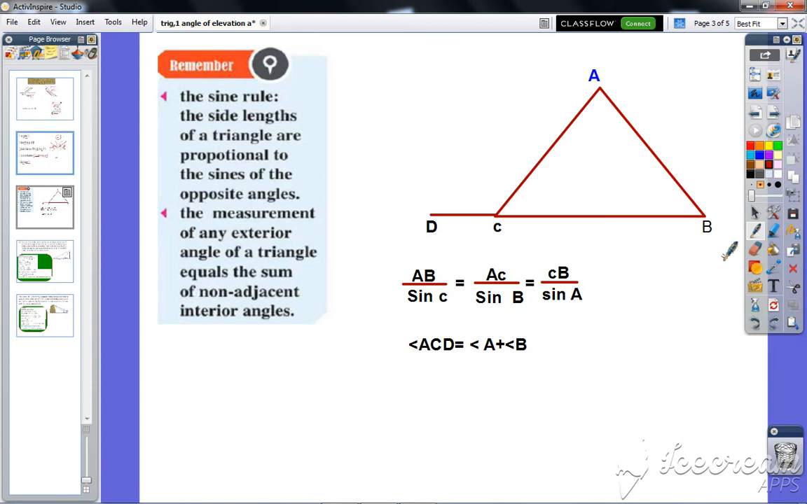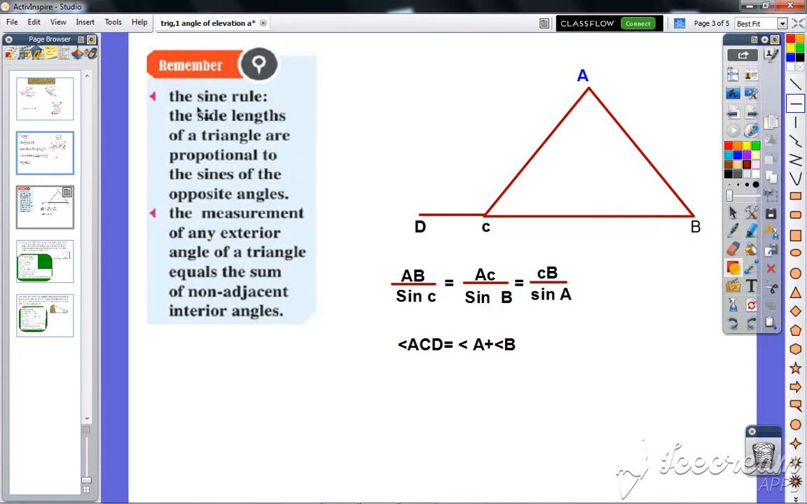Here I refresh your memory about the sine law. About the sine law, what was our sine rule? The sine rule was that the side divided by the sine of the opposite angle are in ratio, or proportional together. That means if I want to say that the side AB is opposite to the angle C, AB over sine angle C equals AC divided by sine angle B,